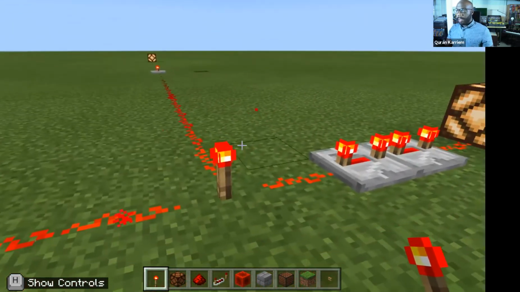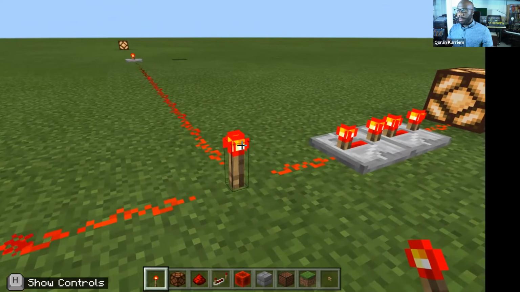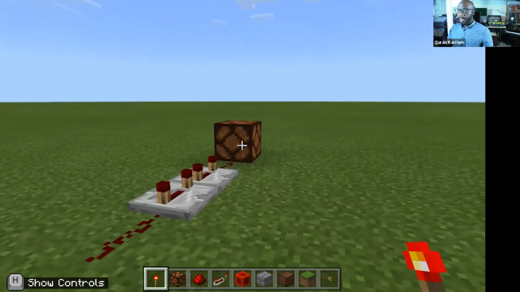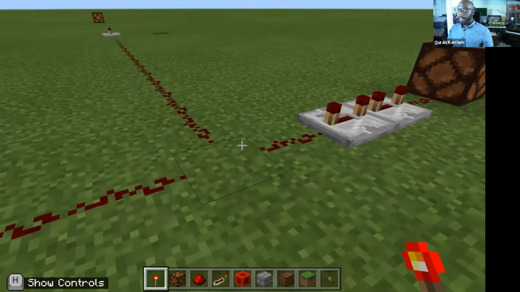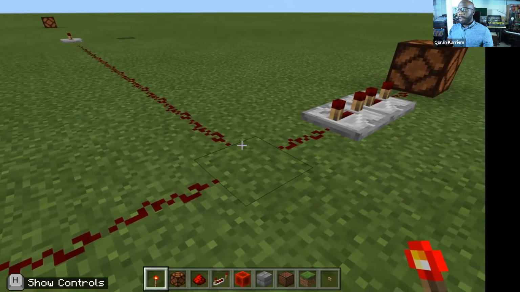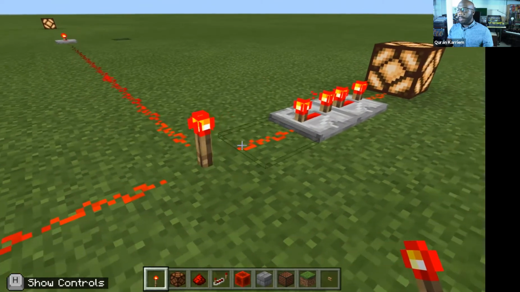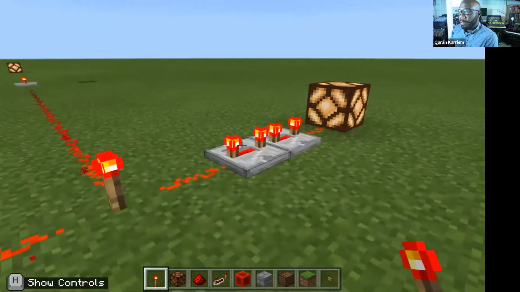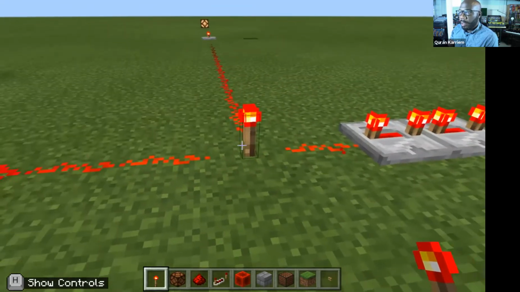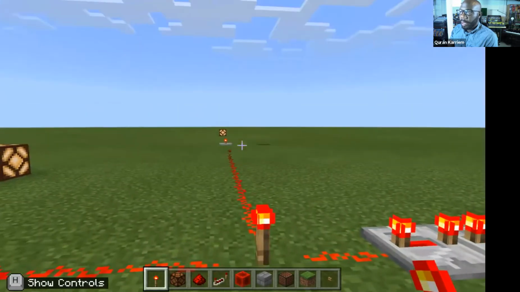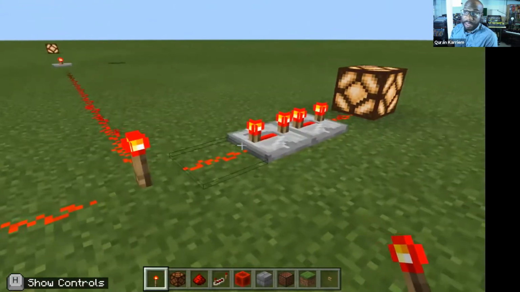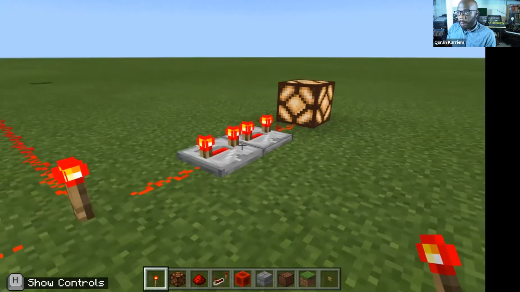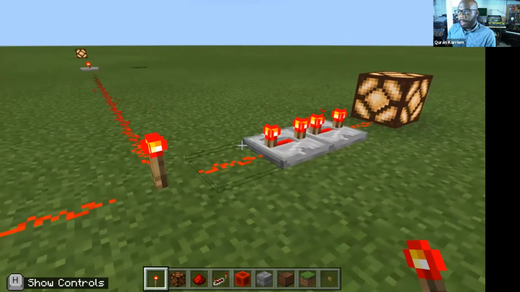So let's look at that again. And the same thing is true when I break the torch, right? Takes more time for that lamp to go out. And I put it down again, right? So the second function of the redstone repeater is it delays the amount of time it takes for the energy to travel, right? So extending range and extending time. Okay. So the next thing to look at is,